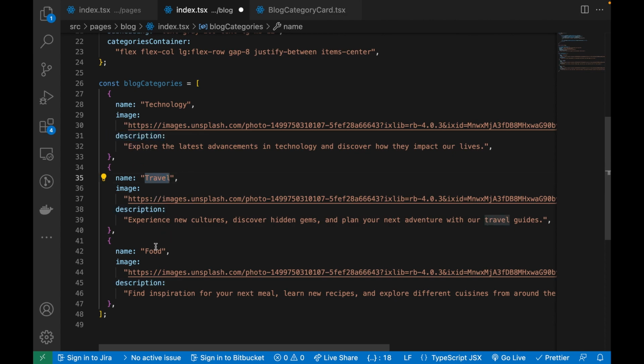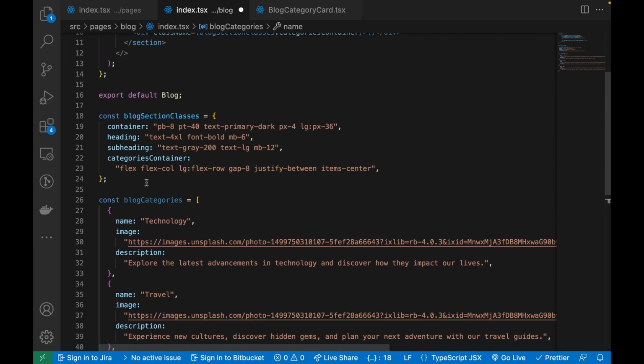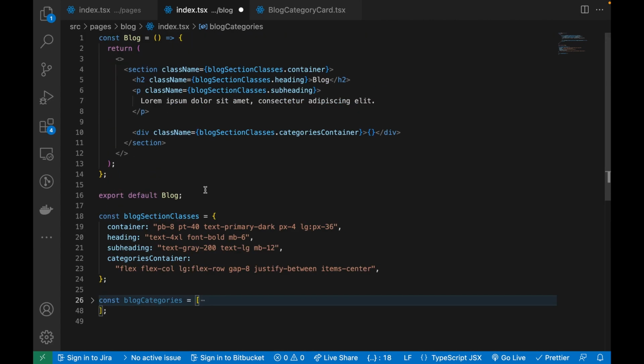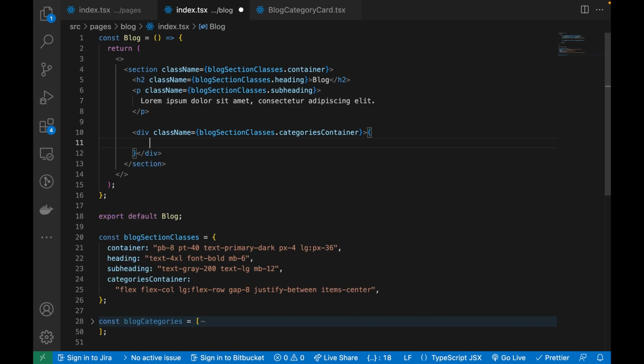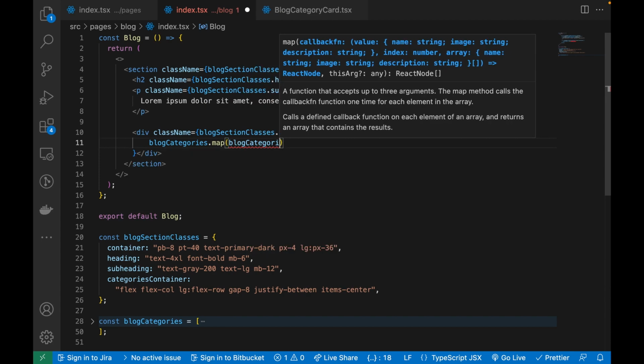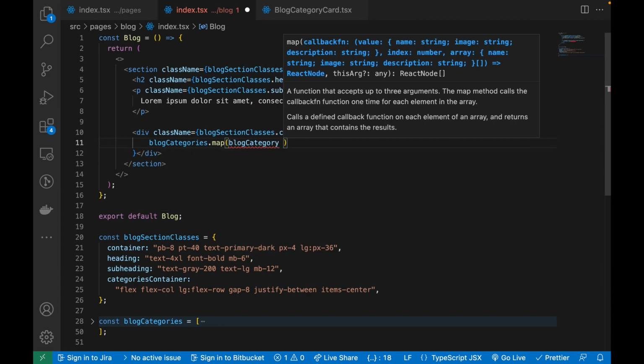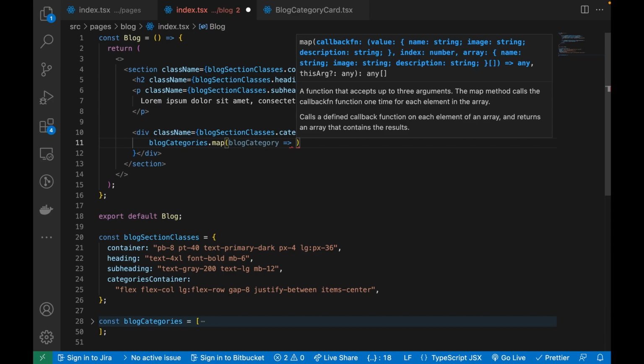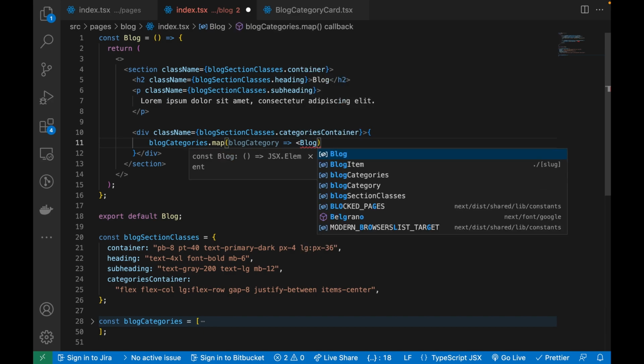We are going to be making use of the name as a slug in this instance. So over here we are going to reference these blog categories, and using map we are going to get access to each blog category, and I'm going to return the blog category card